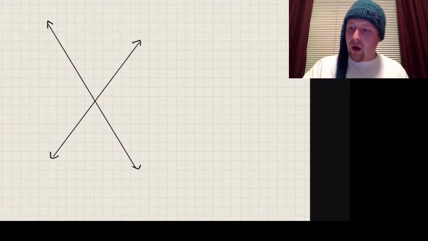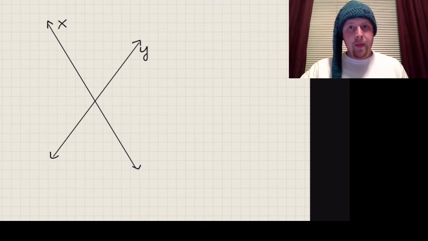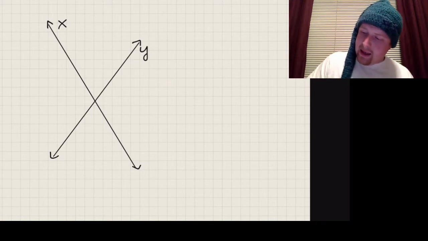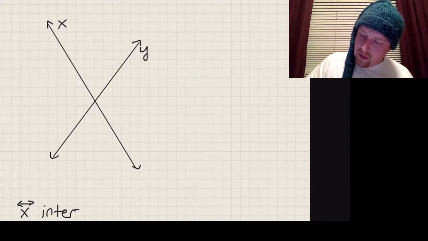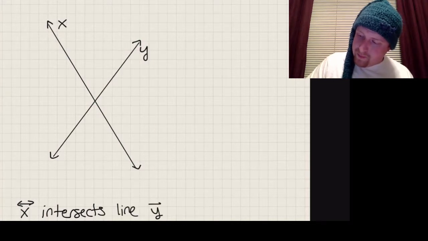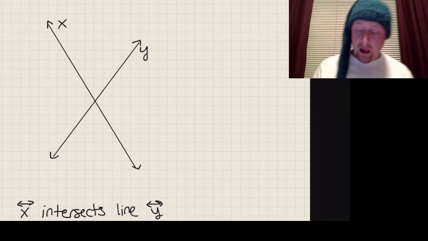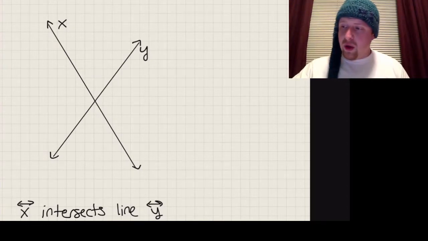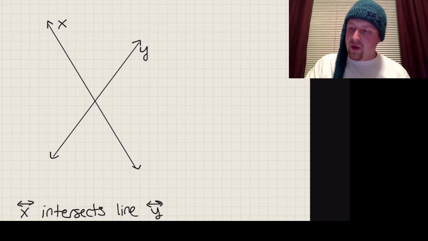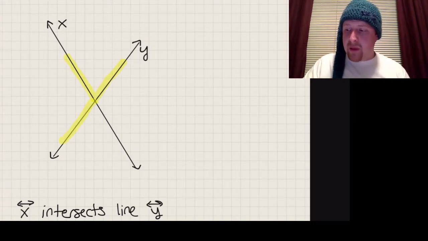Okay, I'm going to call this line X, and I'm going to call this line Y. And what I'm going to say is that line X intersects line Y. That means that they are crisscrossing one another. Now, if you look at this carefully, it kind of looks like you have a V meeting another upside down